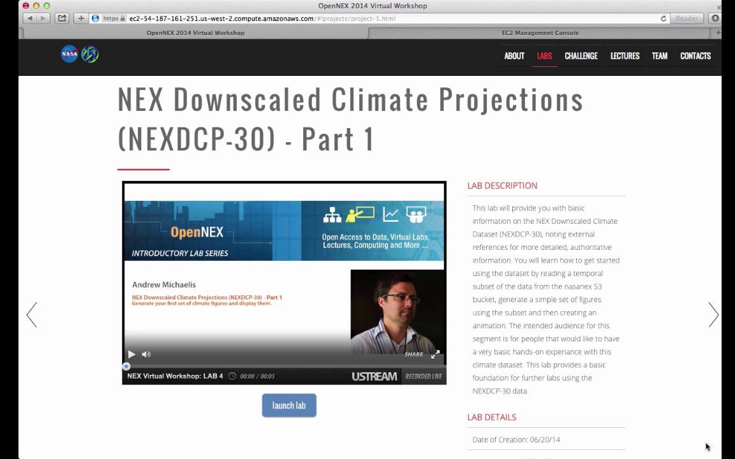This lab will provide you with basic information on the NEX Downscaled Climate Projection Dataset, or NEX-DCP30, noting the external references for more authoritative and detailed information. You will learn how to get started using the datasets by reading in a temporal subset from the NASA NEX S3 bucket, generate a simple set of figures using the subset, and then create an animation from the figures. The intended audience for this segment is for those people that would like to have a very basic hands-on experience